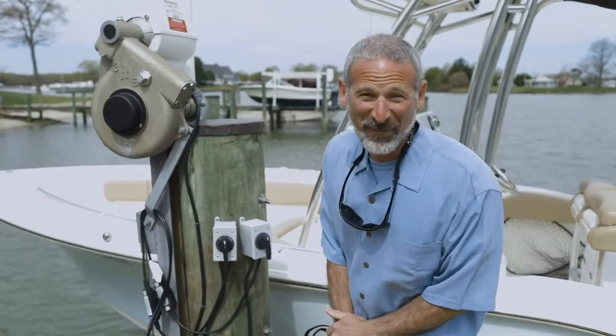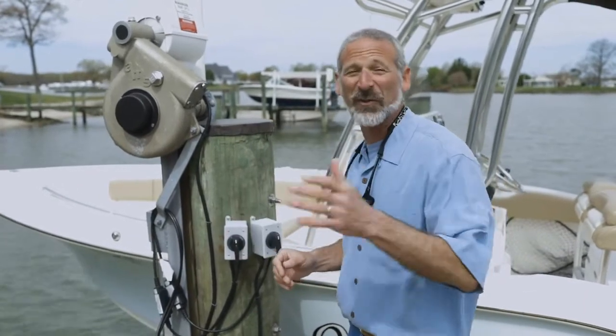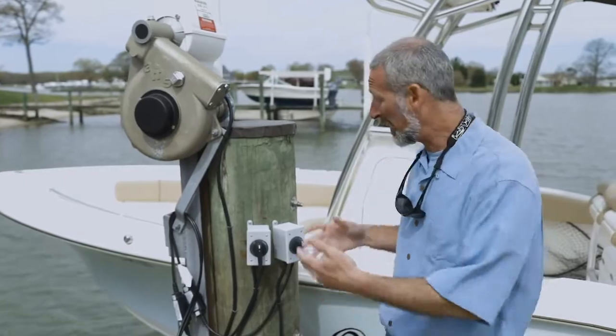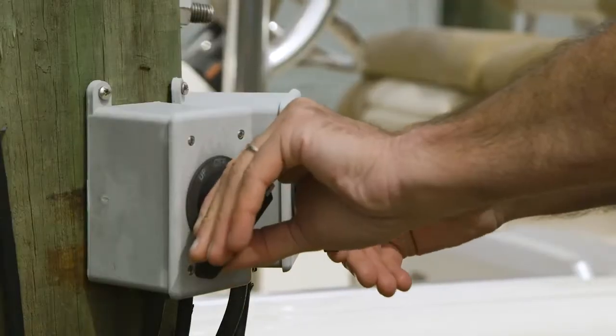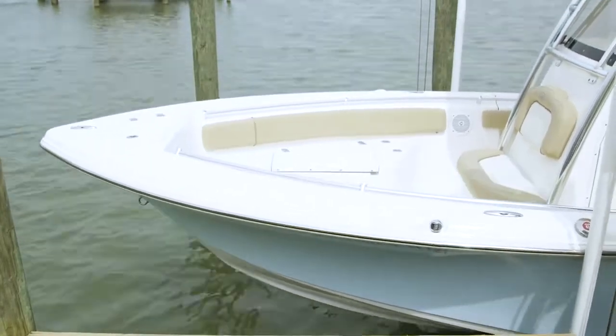Now ready for my favorite part, starting the motor up for the first time of the year. If your boat's on land or on a trailer, of course you need to give it a water supply. If it's on a lift like this, just lower it until the intakes are in the water. When you start your boat up,